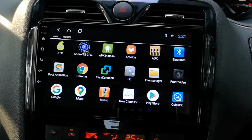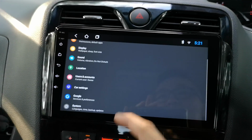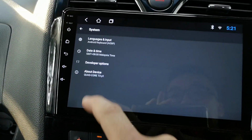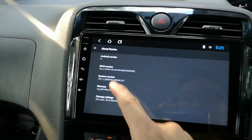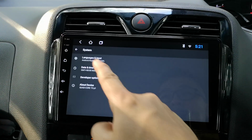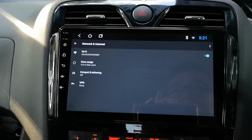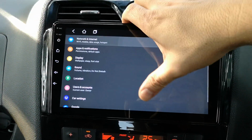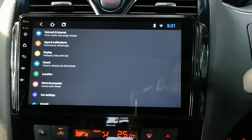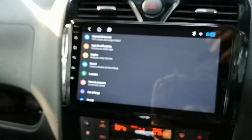Okay, Cogoo T series T3L version, 2GB RAM, 32GB storage. Android version 9. Turn on Wi-Fi, connect phone hotspot for internet. 2020 June version. It comes with an external microphone for Bluetooth use,